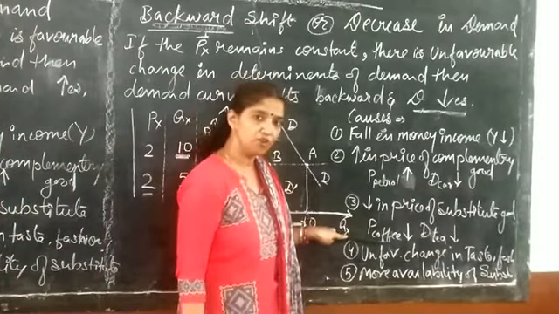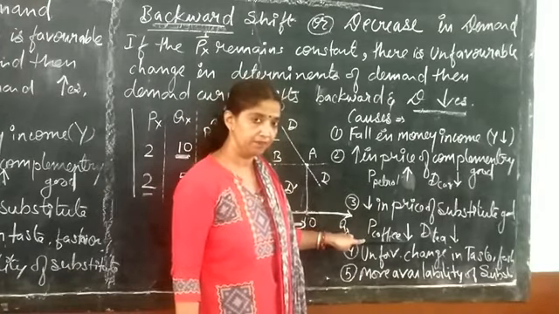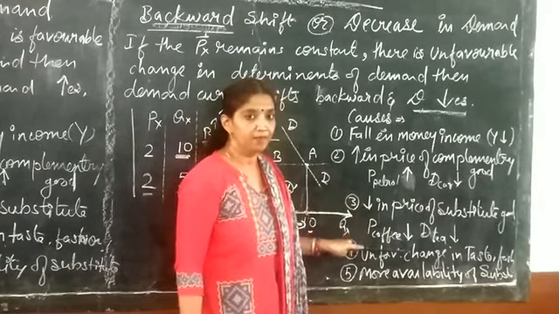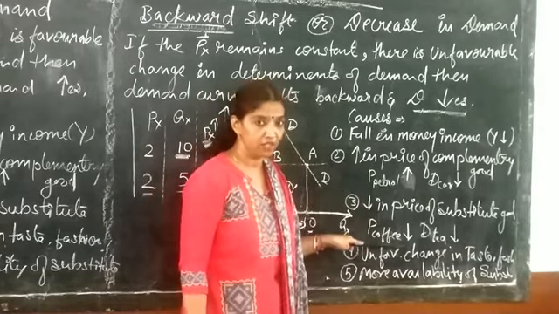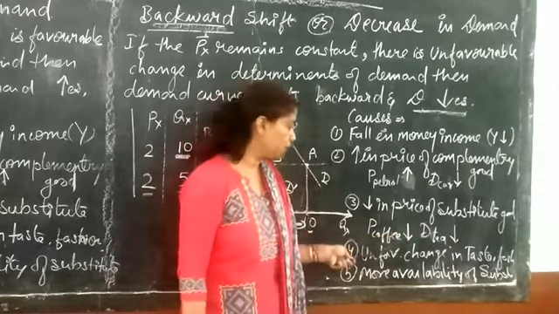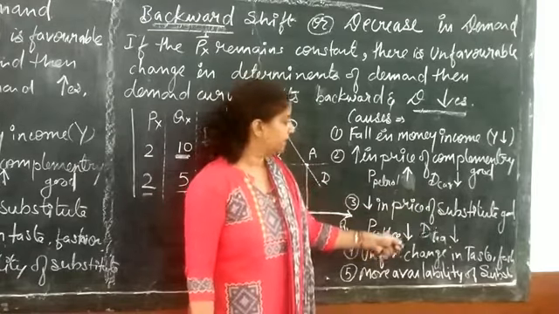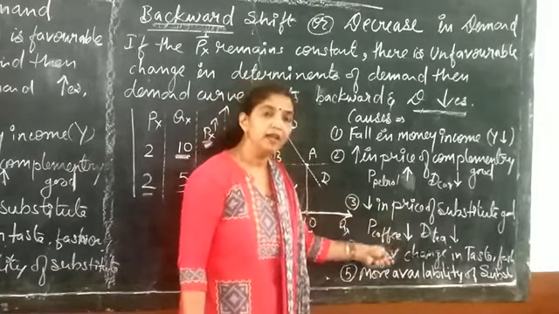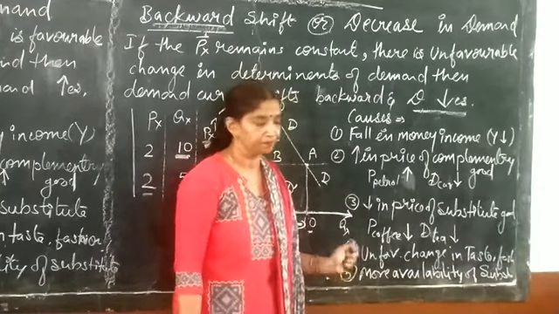If price of coffee is decreased, in that condition the coffee will be cheaper. It will be available at a cheaper rate for a consumer than the tea. And compared to coffee, tea became costlier. So consumer decreases the demand for tea and increases the consumption of coffee as it is cheaper.